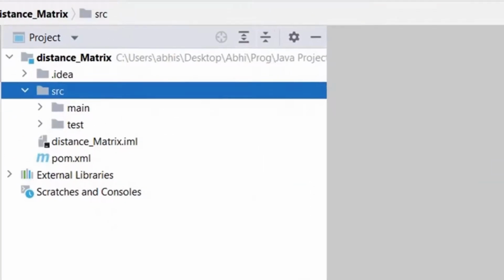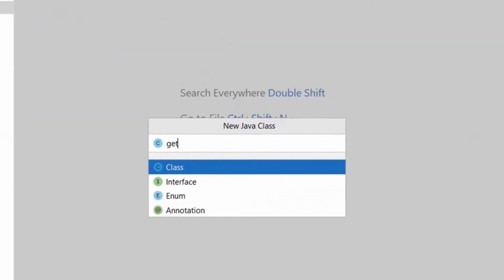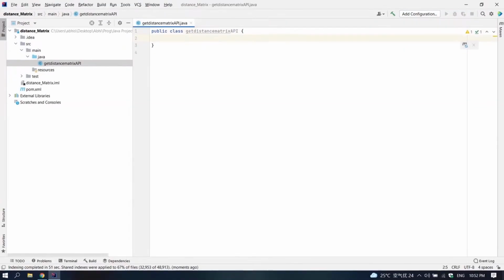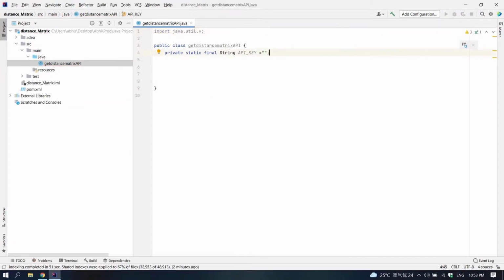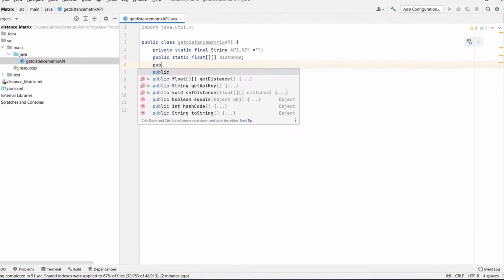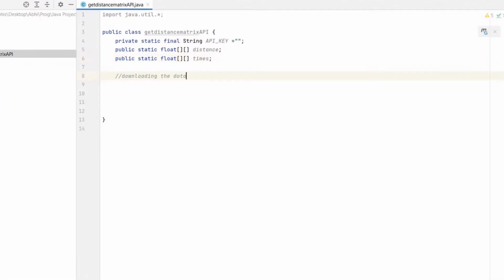Then we will make a class named getDistanceMatrixAPI. We will declare a final string which will hold our API key, and two 2D float arrays which will be used afterwards. I will explain it afterwards. And then we will make the method getData. This will call the API and get us the JSON data.